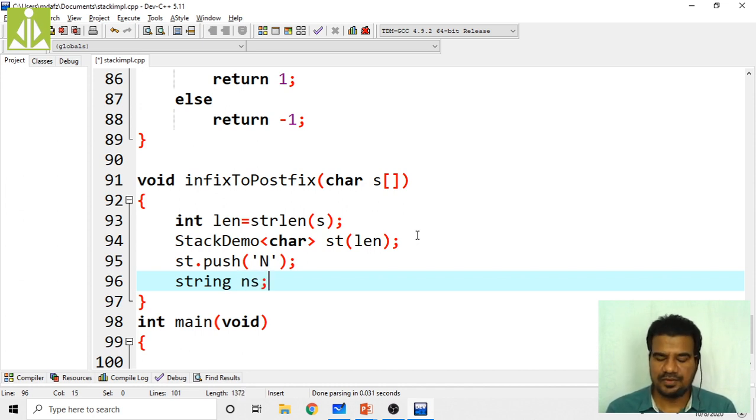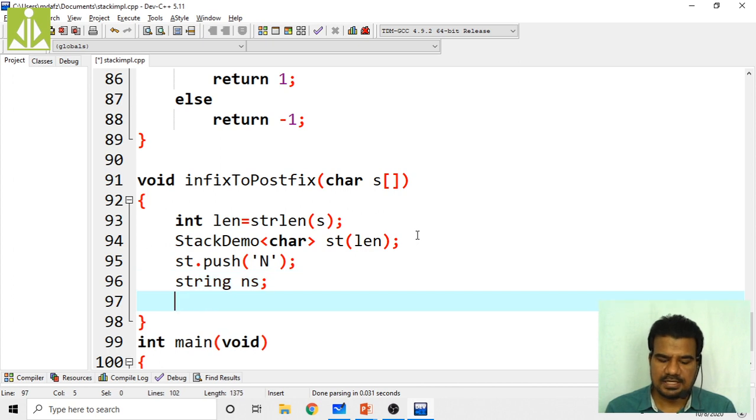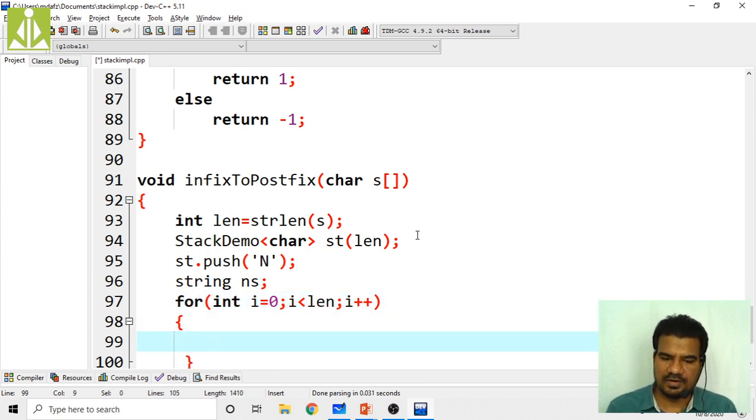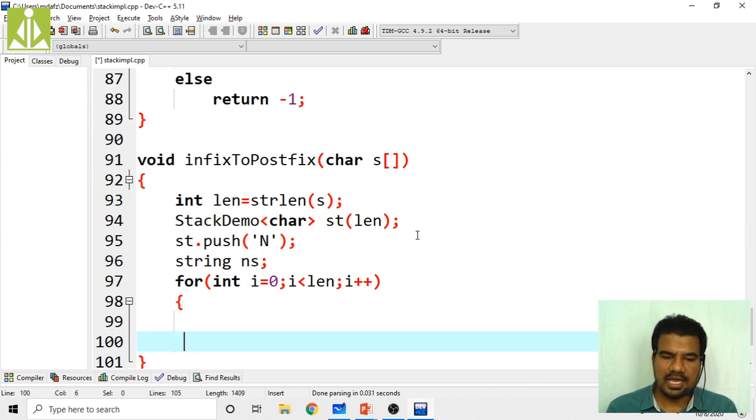We have to run a loop from i equals 0, while i is less than length, i plus plus. We run the loop from the beginning of the given expression to the end of the expression.